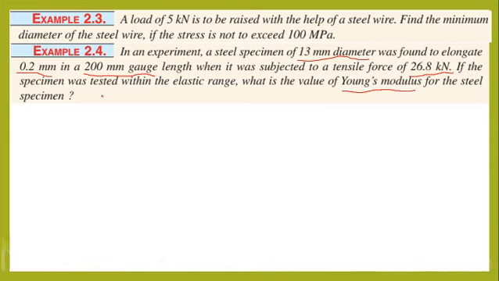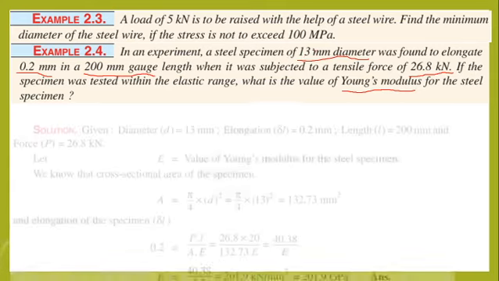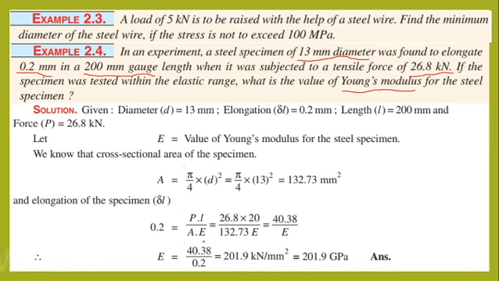We have delta L is equal to PL by AE, in which delta L is given as 0.2, P is given as 26.8, L is given as 200 mm, and A we can calculate from the diameter. So the only unknown is the value of E, and we can calculate it using the equation. They have calculated the area first. Now they have written the equation delta L is equal to PL by AE, and substituted the values of P, L and A. The only unknown is E. The value of E is calculated as